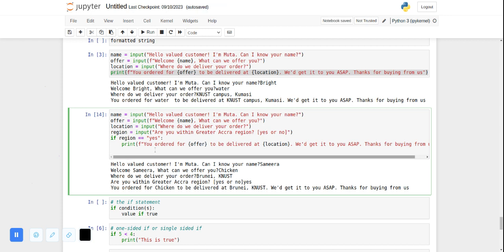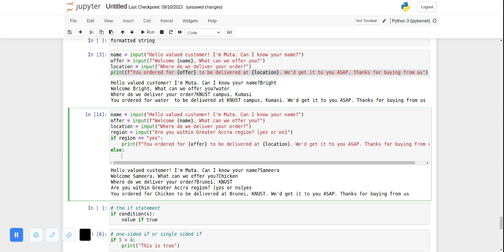So the first instance I showed you is a single or one-sided if, where it only has the value when the condition is true and has no false side. To add the false side and make it double sided, we just add the else keyword. So it is two things: either you are within Greater Accra region or you are not. If it is true that the person is in Greater Accra region, then we print the person's food, what the person bought, the summary and all those things. But if Samira isn't in Greater Accra region, we want to print to Samira that